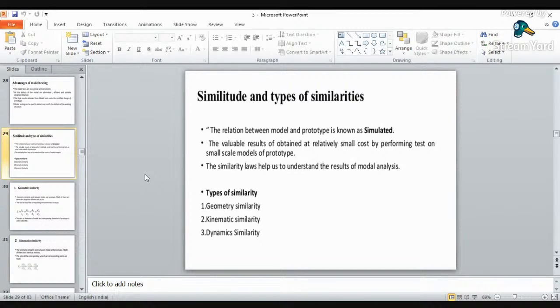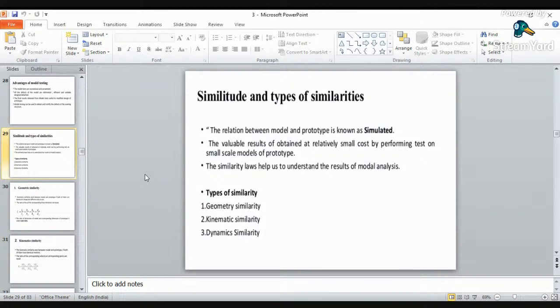that is the geometric similarity, kinematic similarity, and the dynamic similarity. Now, geometric similarity, the name itself suggests, is the similarity associated with the dimensions. You have seen these small toy cars; they are nothing but geometrically similar to the prototype. Then the second type of similarity is kinematic similarity. The name itself suggests these are the similarities related with the flow of the